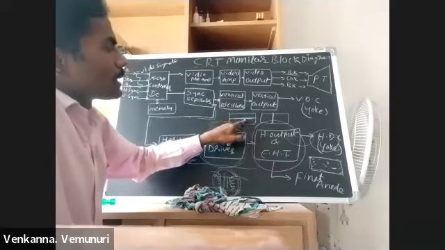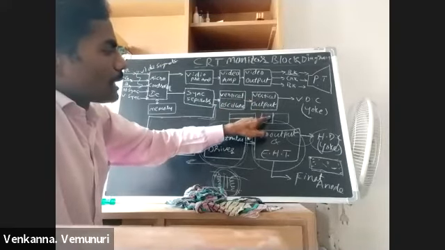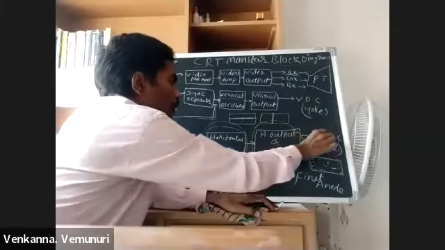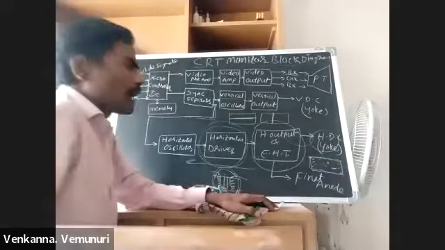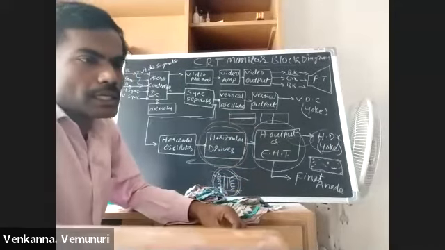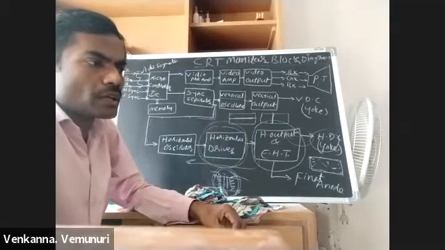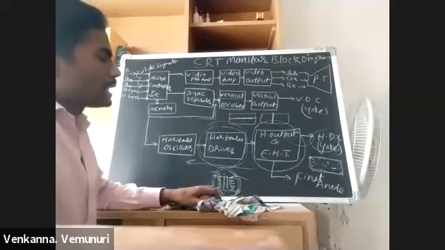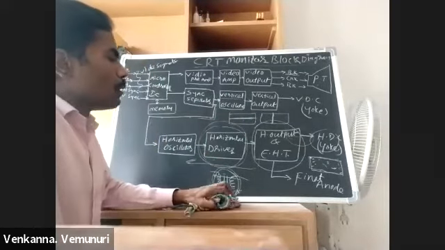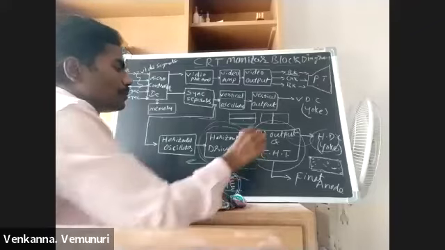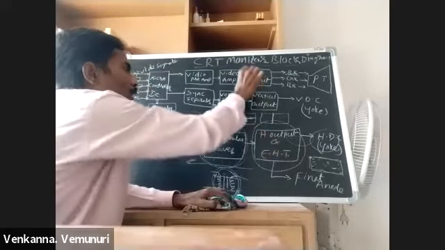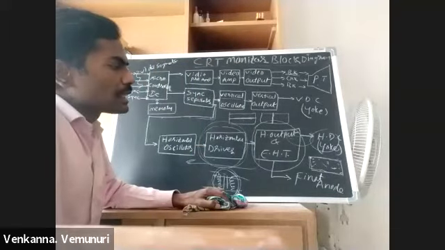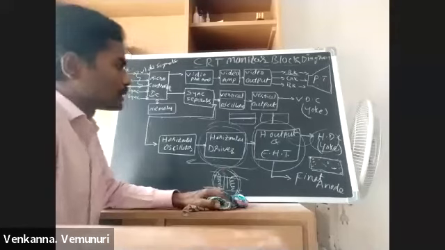Only horizontal line, vertical output section. Vertical line, horizontal output section, meaning from horizontal output to yoke. In between there are some cables and connectors. If there is any loose connection or dry soldering, we get this type of problem. But basically in a CRT monitor, the major problems are in the horizontal output section and video output section. Another one is the SMPS. These three sections are the ones generating problems.